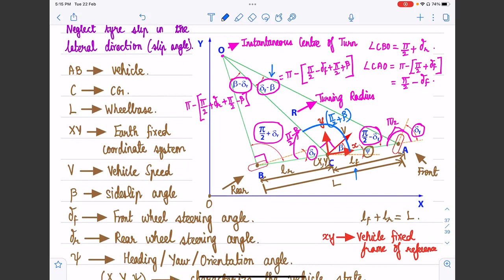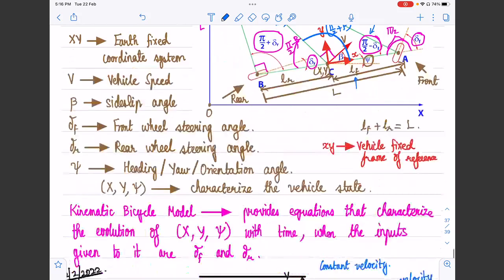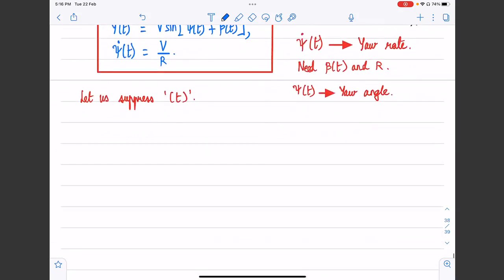Okay, that's going to be equal to sine(pi/2 minus delta f) divided by R. So that is one relationship we are going to write down. Of course, currently we are not worried about the third ratio. That's why we are going to use only the two ratios. I hope that's clear. So let me write this thing down. So consider